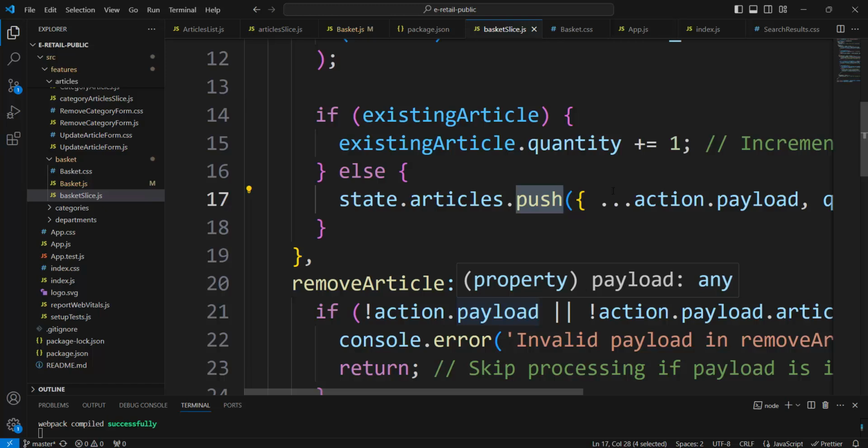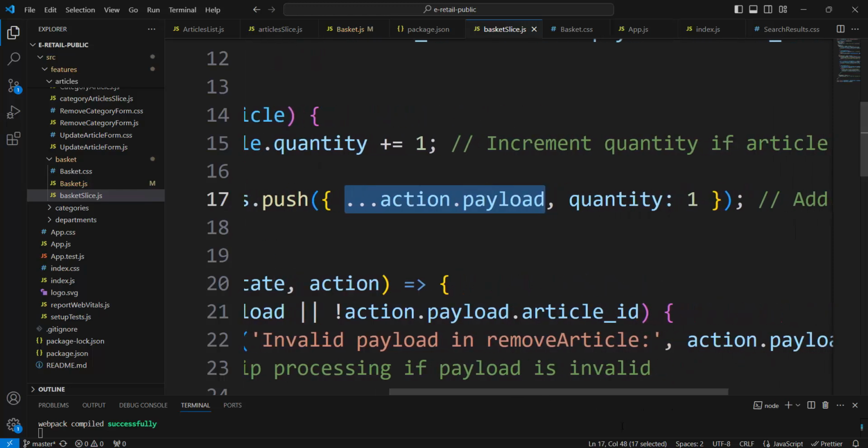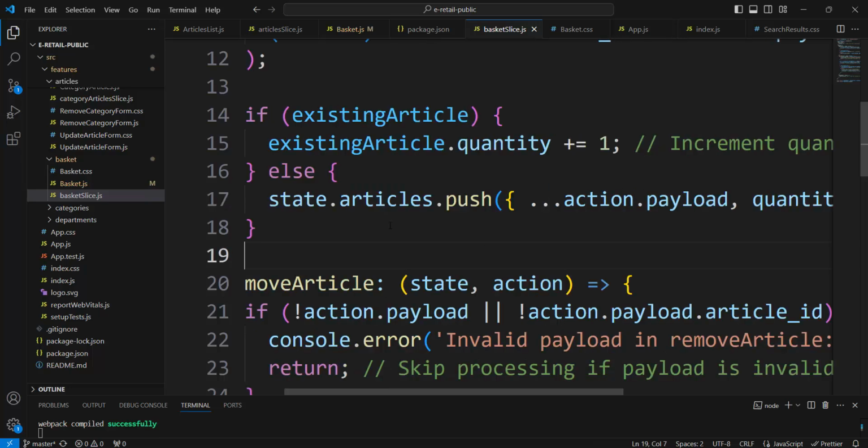But here we copy action payload because action payload original now here changes. Now it is a new object